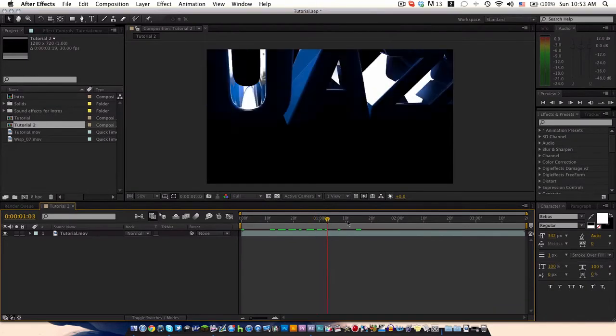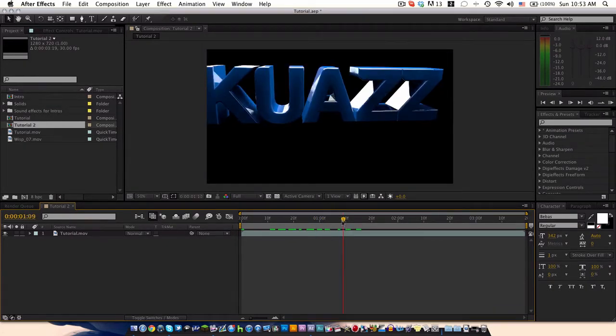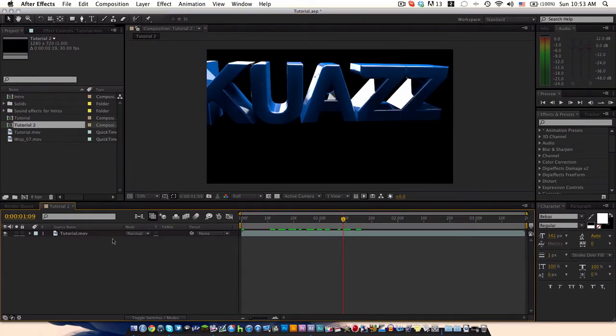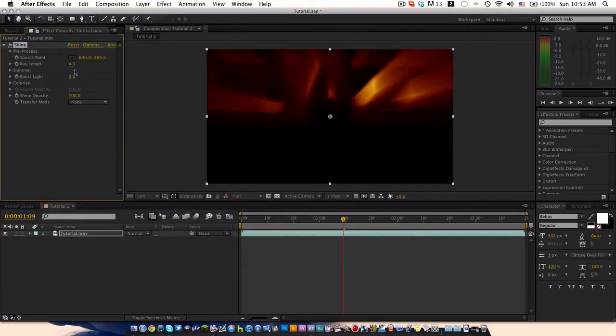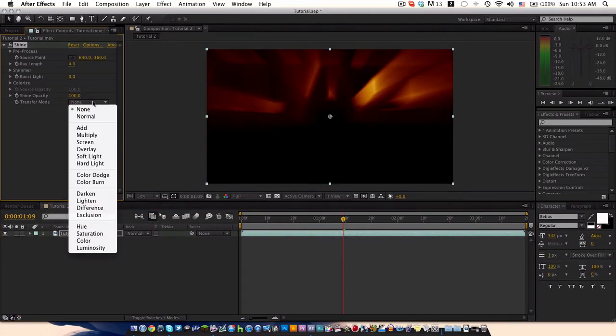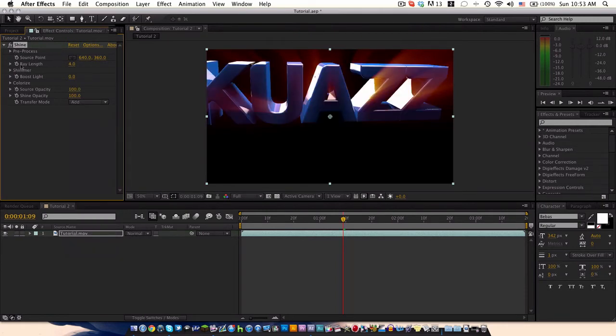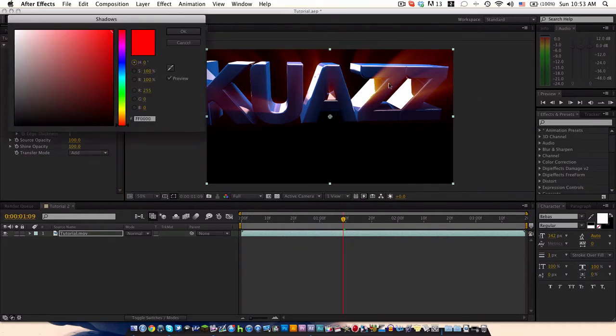So first, what I'm gonna do is get it to a good spot where you can see the reflections. Click on this and go to Effects, Trapcode, then either Shine or Star Glow. I like to use Shine first. So first of all, you're gonna want to change this to Add, just like that. Then you're gonna want to go to Colorize and change these colors to